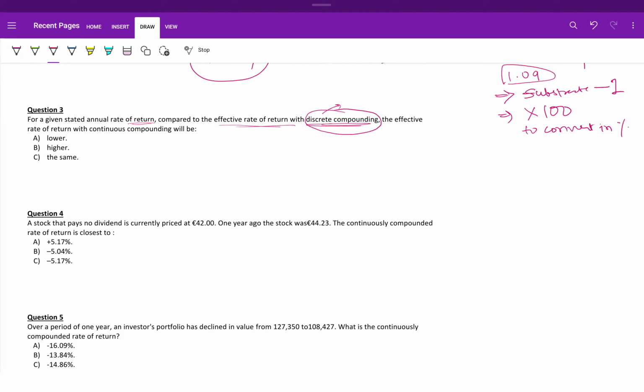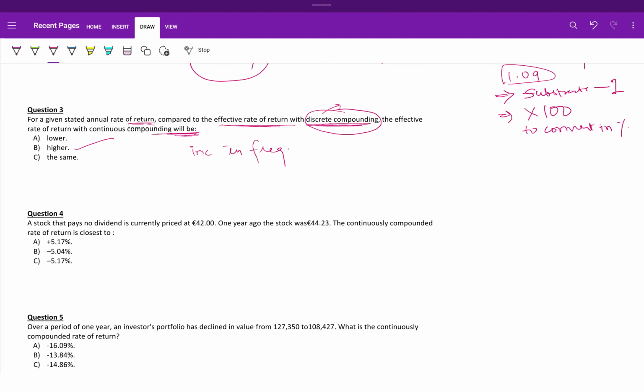For a given stated annual rate of return, compared to the effective rate of return with discrete compounding, the effective rate of return with continuous compounding will be higher. The higher the frequency of compounding, the higher the effective rate of return, and the effective rate of return with continuous compounding will therefore be greater than any effective rate of return with discrete compounding. So here, the effective rate of return with continuous compounding will be higher because with an increase in frequency,